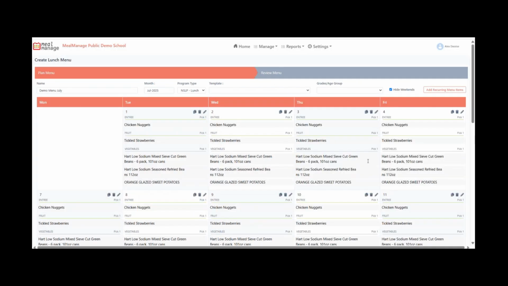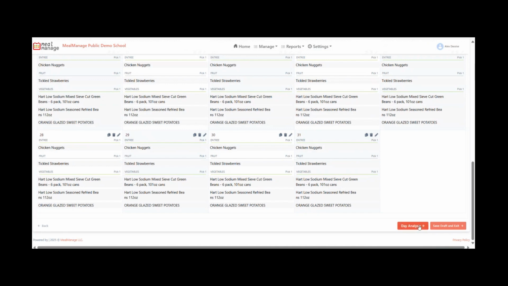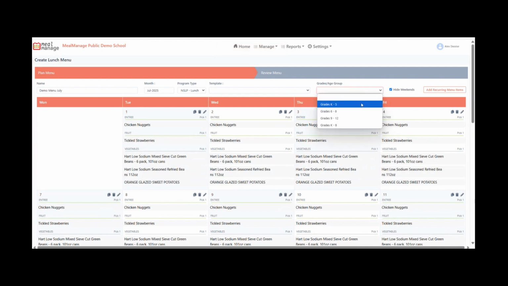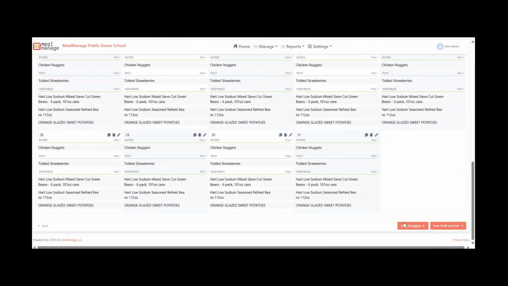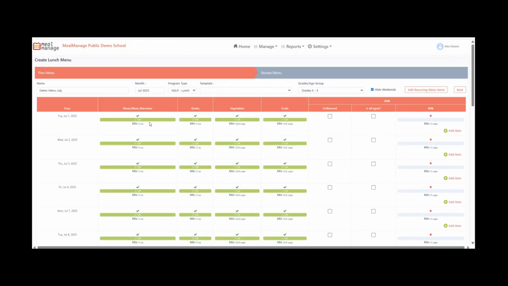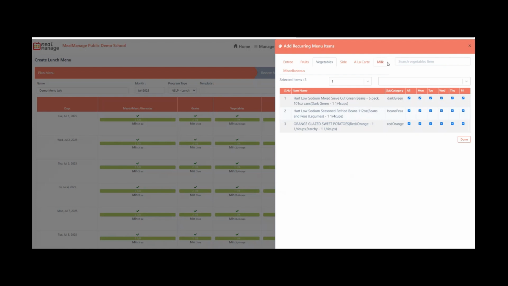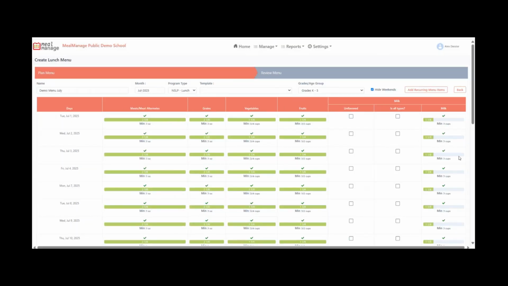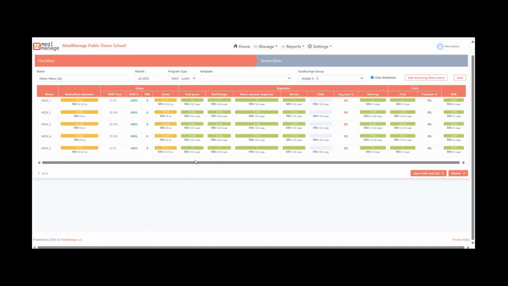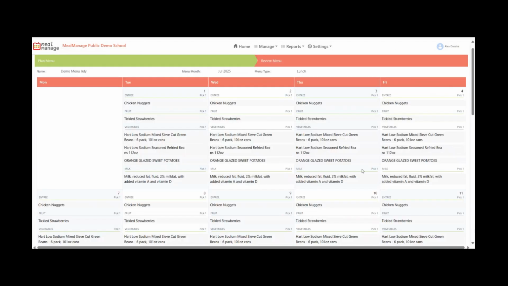So I've got an entree, fruit and vegetables, and I'm going to start my nutritional analysis with daily analysis. But I first need to pick a grade. So I'll choose K through 5, do my daily analysis, and I can see right here I've met my meats, my grains, my veggies and fruits. I have not met my milk, so I will add a milk. And this works in real time, so I'll see a live update of that milk changing. And now I'll do my weekly analysis, and I see that I'm meeting all of my minimums. So I can review, save this menu,